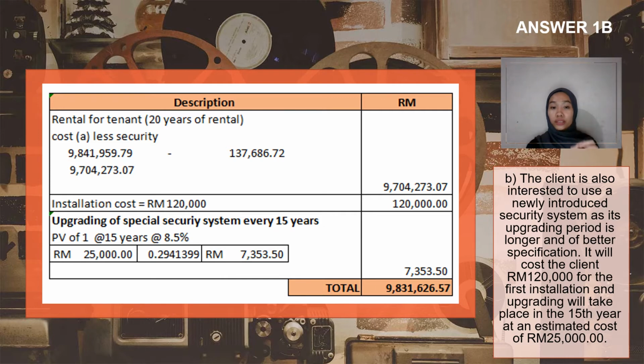So the total is 137,000. The total for the new rental, which does not include the special security system, is